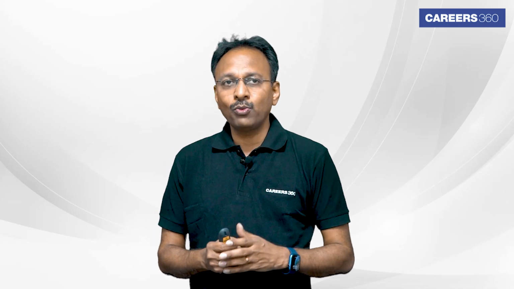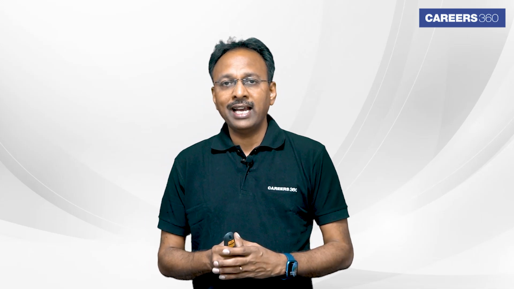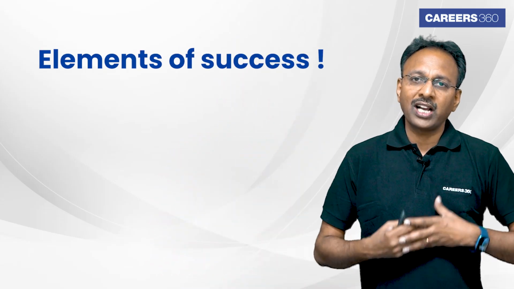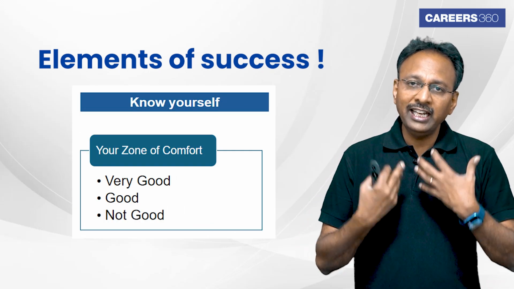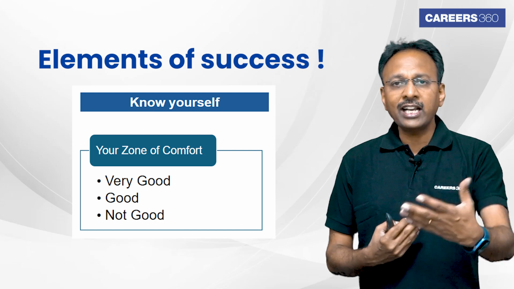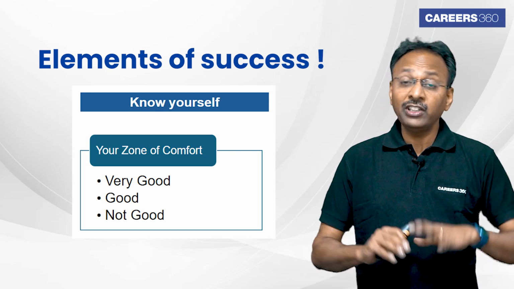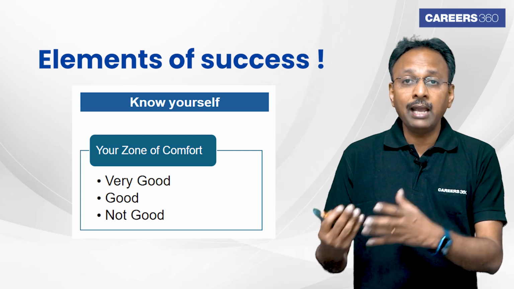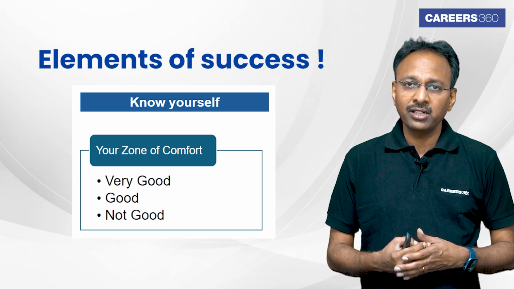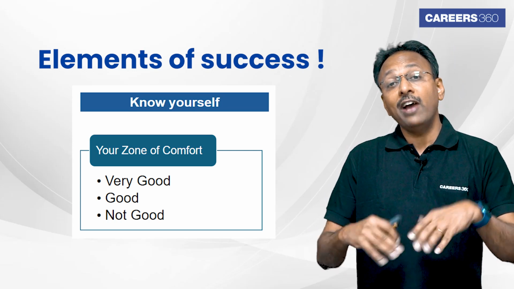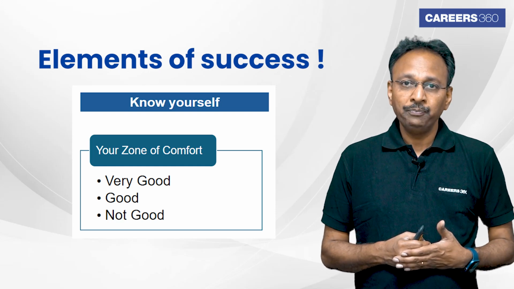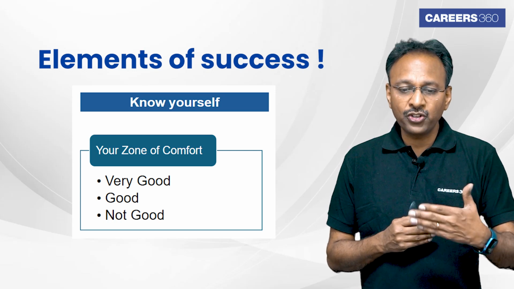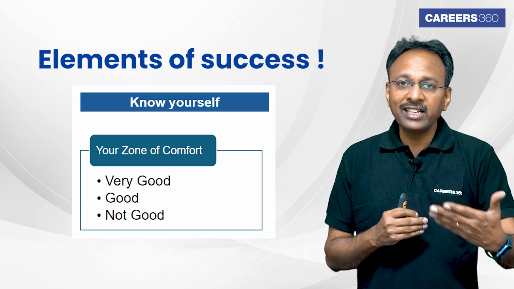And that's where the first one that I'm going to talk about is attempt to CAT, the strategies for each section. But before I start, there are certain elements of success. You need to know what are you good at. What are your zones of comfort in each section as such? If I take Quant for example, are you really good in arithmetic? Within arithmetic, are you good in, let's say, time and work, time, speed and distance, or averages, mixtures, alligation? What really are you good at? Or what are you very good at, frankly? And do you also know where are your weaknesses? I think that zone of comfort can help you take a quick decision while writing the exam itself.